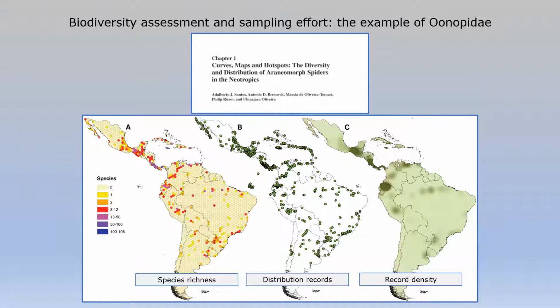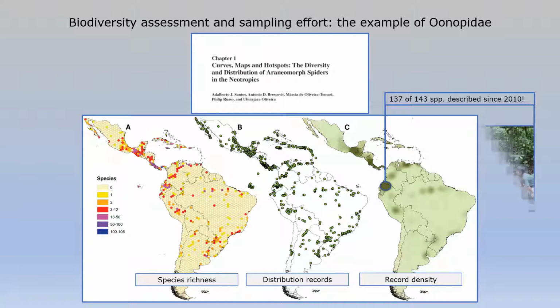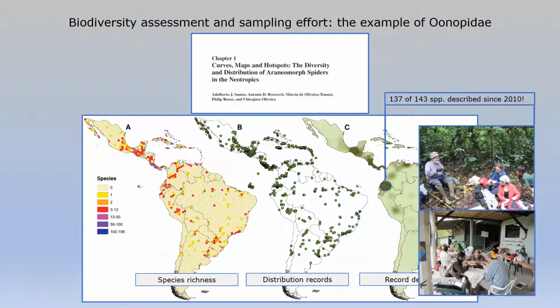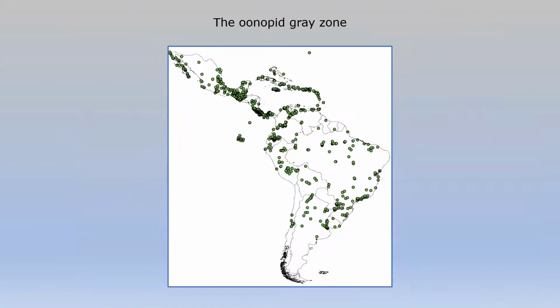And to illustrate the importance of the PBI, let's look at Ecuador. Most of the species known from the country were described after 2010 by members of the PBI. Actually, most species were first found in the field in a field expedition we held there in 2009. So one cannot exaggerate the importance of the PBI, but it also makes evident our knowledge deficits in the